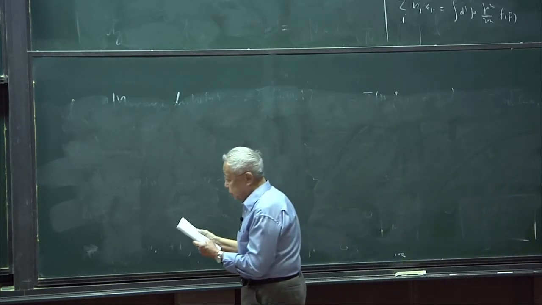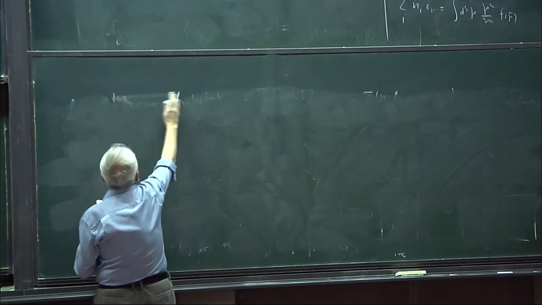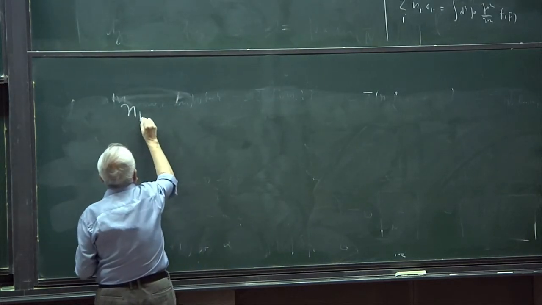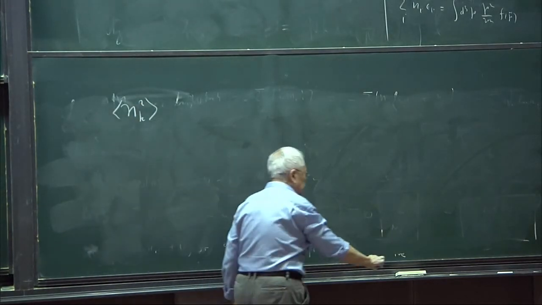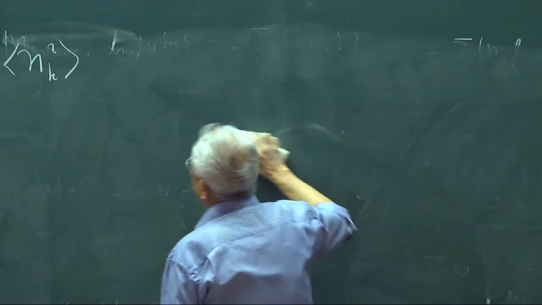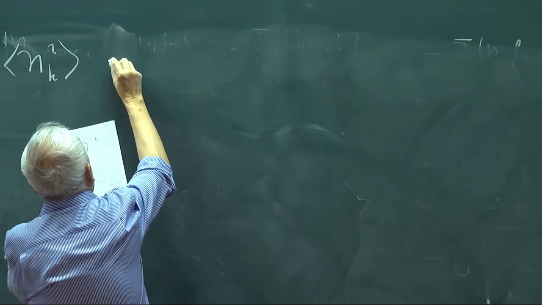Consider the following calculation. Let us compute nk squared average. That means I have to pull down 2 powers of n from the W. So this is just equal to,